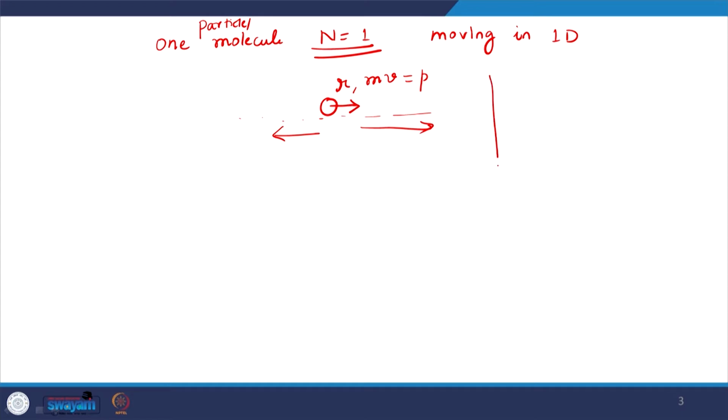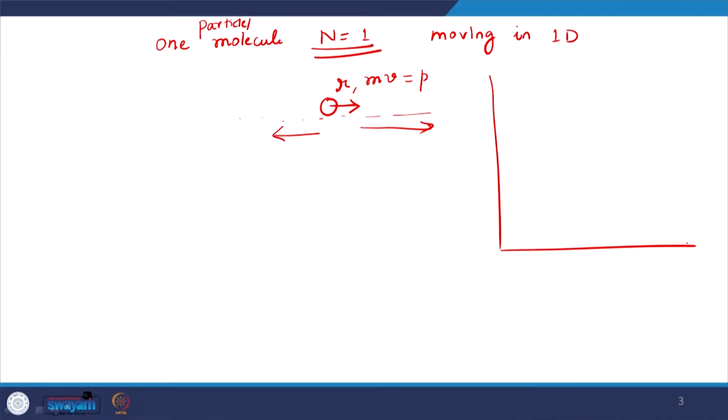Now, over time, this particle can go to any position in space, to be precise. It can keep moving. If I wait until infinite time, it can go from this part of the universe to a different part of the universe. Similarly, it can have a whole range of possible momentum values, in fact 0 to infinity, or minus infinity to plus infinity if I also consider the sign of the velocity. So, with that in mind, if I have to represent where the molecule is at any particular state, it can be anywhere in this r-p space.